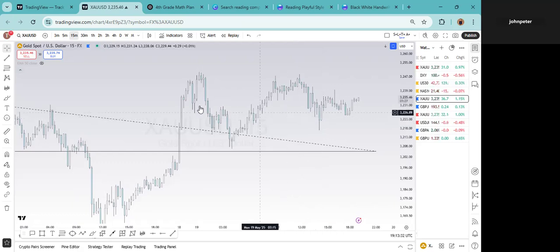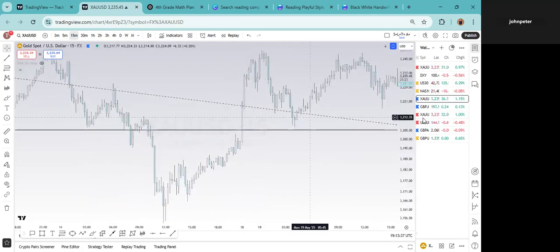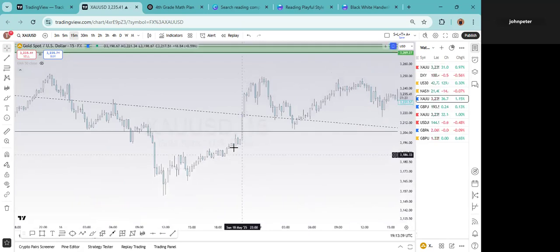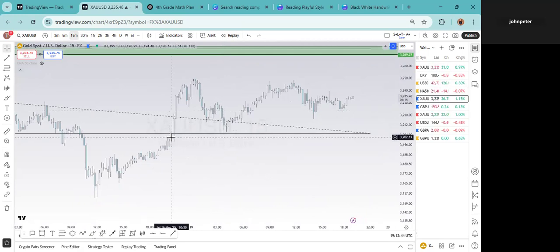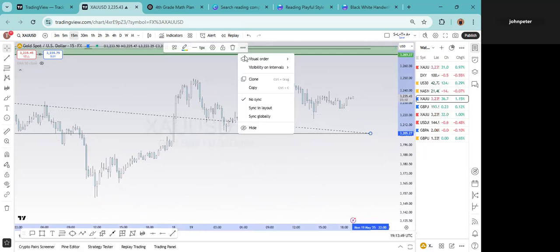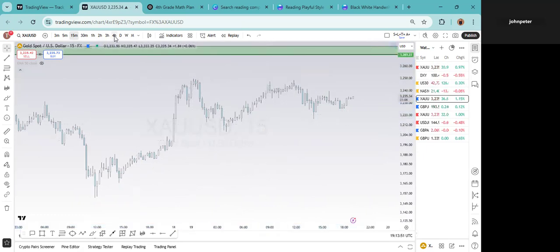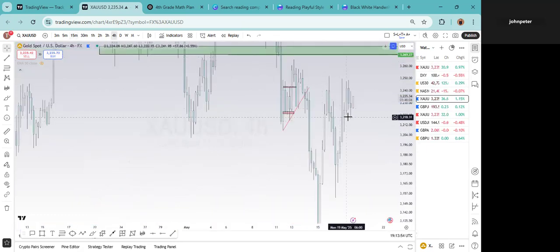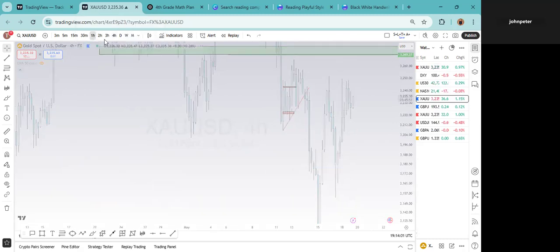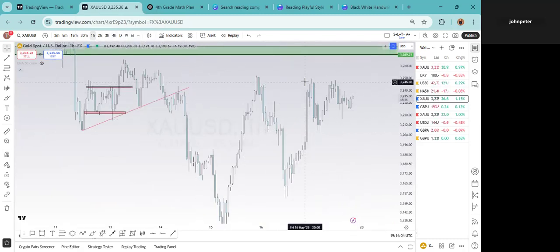Okay, so what was I talking about? Let's see what happened today. For gold, this is on 15 minutes, so let me remove this. Let's start from the 4-hour time frame. The 4-hour time frame went up with exhaustion and is still consolidating. The 1-hour time frame created a double top right there.